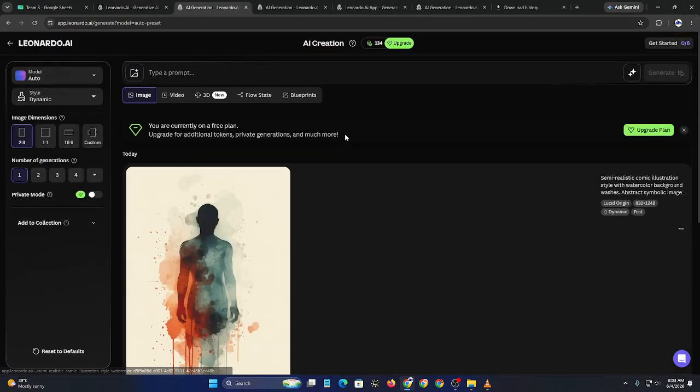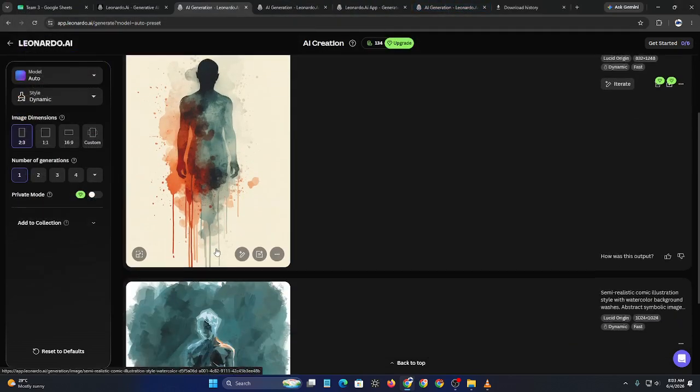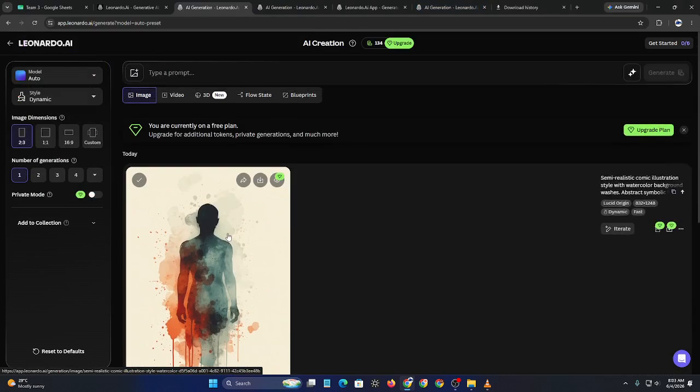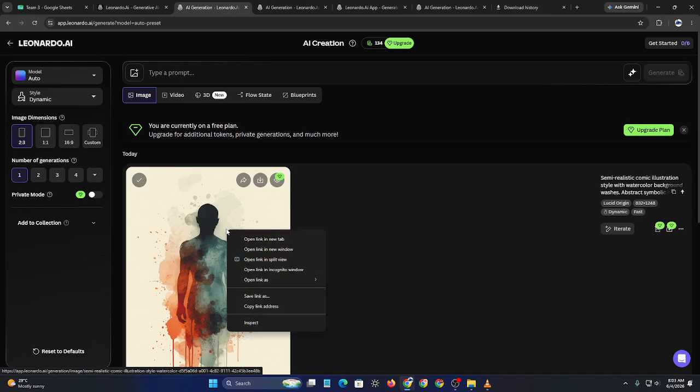Next, open the image at full size so you can review it carefully. Make sure you're selecting the final version you want to save, especially if you've generated multiple variations. You should also check that your internet connection is stable, as interrupted connections can occasionally affect downloads. Finally, keep backup copies of important images so you can access them later, even if changes are made to your